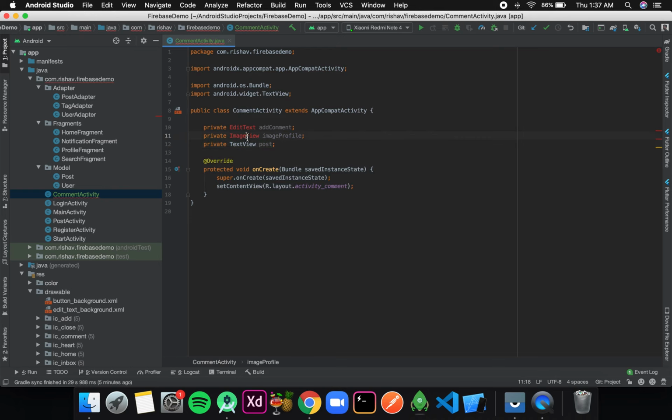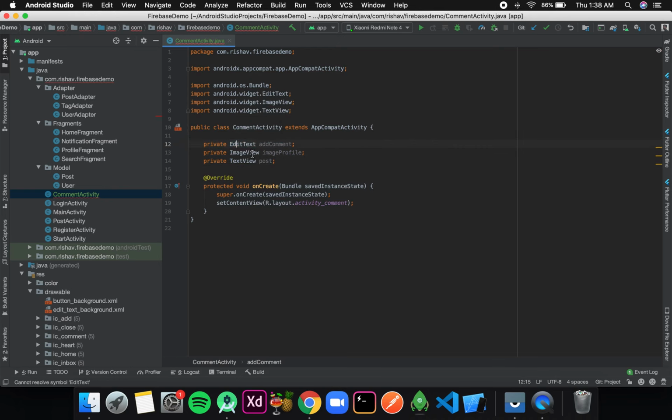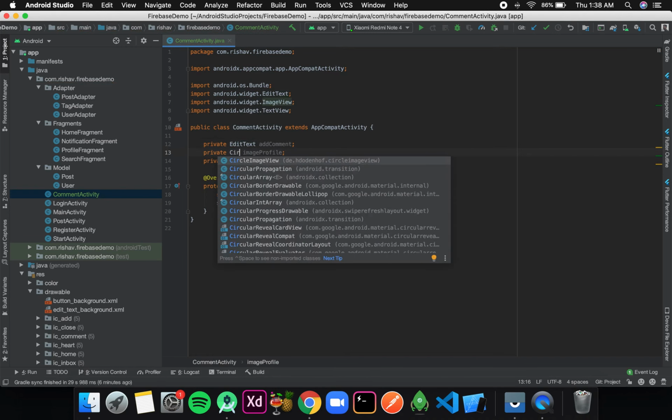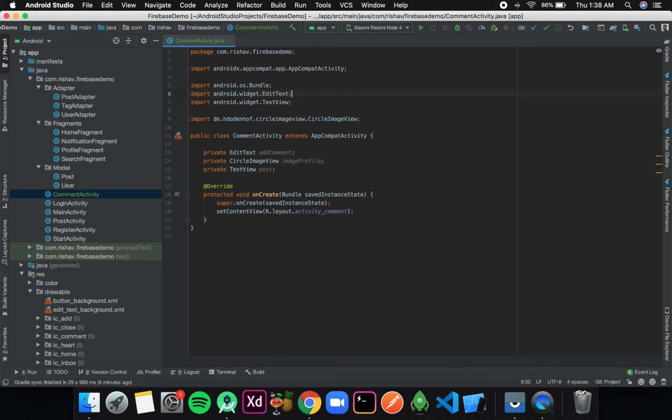Okay, and there is a little bit of error, and the image profile is not an ImageView but a CircleImageView. So I'll add that, and I'll also remove this ImageView import statement from here.